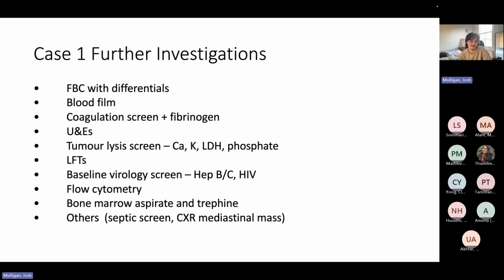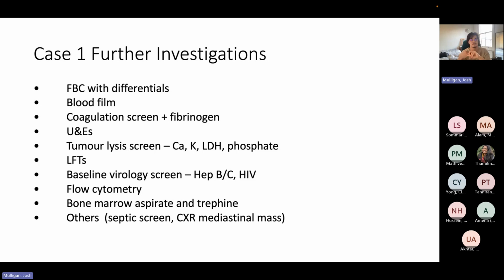In real life, you would probably take quite a long history and rule out a lot of this stuff beforehand. I don't know if you'd need to remember all of these, but certainly some of the thoughts that you guys expressed with regards to full blood counts, blood films, is this sepsis, so septic screen, just working through that surgical sieve you have and ruling out different causes of